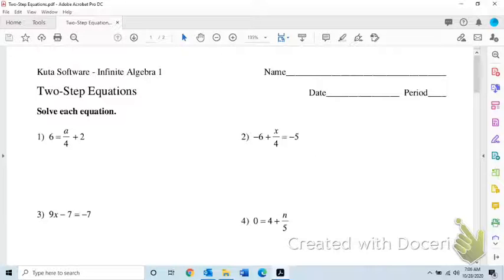So I want to give you guys a little bit more work on the two-step equations before we move on to something more difficult. So what we're going to do today is,